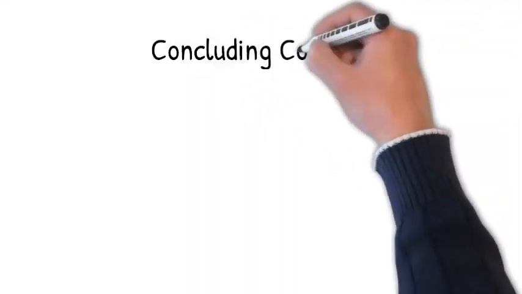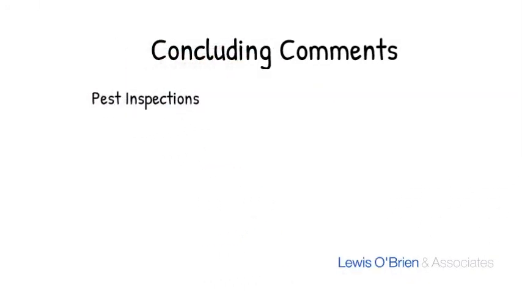To round out this guide, I just want to touch quickly on the pest inspection condition. The standard condition is generally drafted in a similar fashion to the building inspection condition and suffers from the same sort of restrictions and conditions. Specifically, the standard Law Institute version requires that you have an active termite infestation. That may not cover all of the issues you're worried about, because there are certainly borers and other sorts of insects that can cause damage. A condition similar in terms to the building inspection condition on the previous slides is certainly going to be more